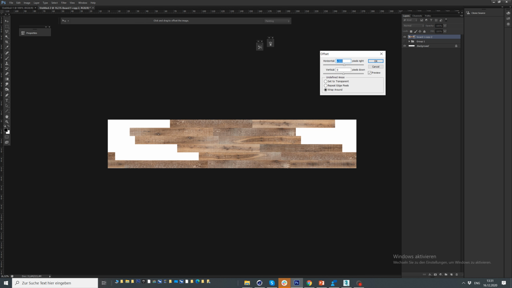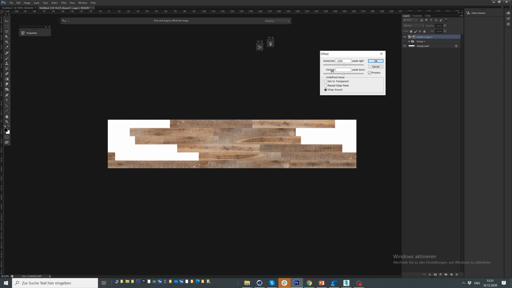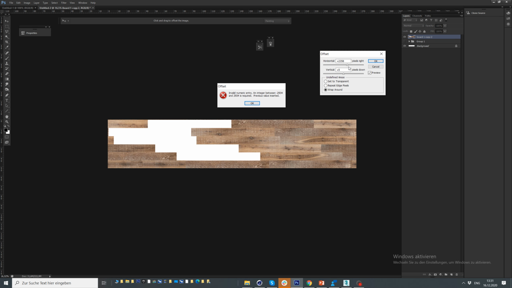So now you can move. You can see you can move the wall texture vertically or horizontally. We do it now only horizontally to bring in this white space. So now we have this white space here, and we can again